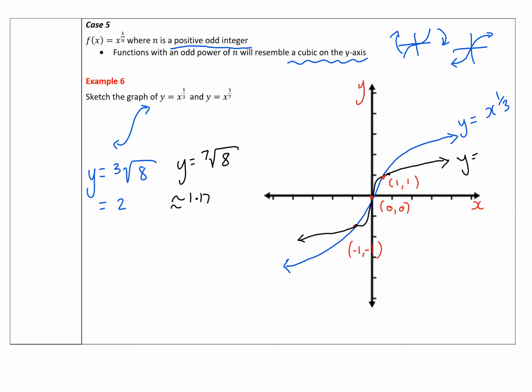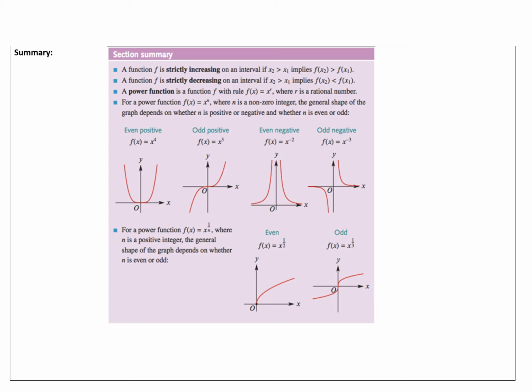Now what we've used as examples here, 1/3 and 1/7, could be used with any set of different numbers. It could be used with a 5th and a 9th, or it could be used with a 9th and a 13th. All we have to know is that the power that is higher will follow the same pattern that we've looked at today. This summary section from the Cambridge text, and I think this is at the end of 1G,